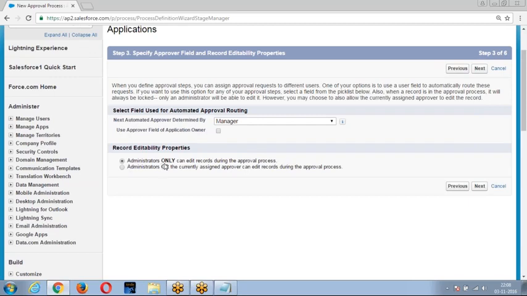Administrator only can edit the record, or administrator or currently assigned approver can edit the record. When I choose this option, the administrator or the currently assigned approver can unlock the record.